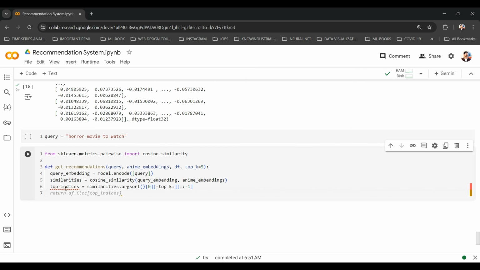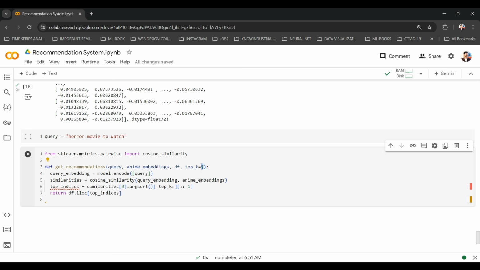Top indices is equal to similarities dot, okay, it's not like this. So basically we are sorting it out and finding out just the top few of it. Okay, not top k, top, okay, top k, yeah. So basically we have said here we only need 5 recommendations.